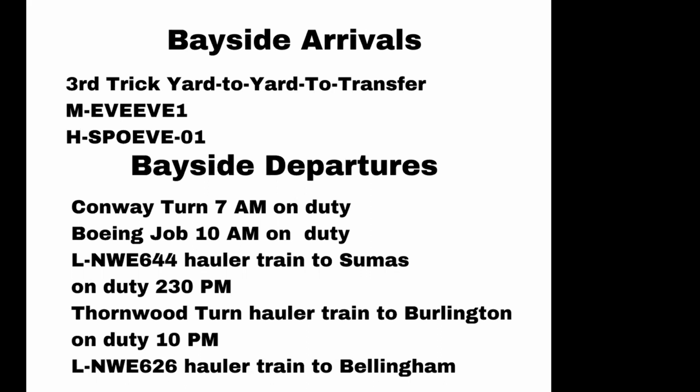Coming into Bayside, we had our third trick yard-to-yard transfer. Then the Everett to Everett coming back from Seattle, he would pull his train up the main line at Bayside, drop it off there, and then take his power around to the roundhouse in Delta. And we switched that out, and this BOEB was set out into the set out track at Howard Junction, and